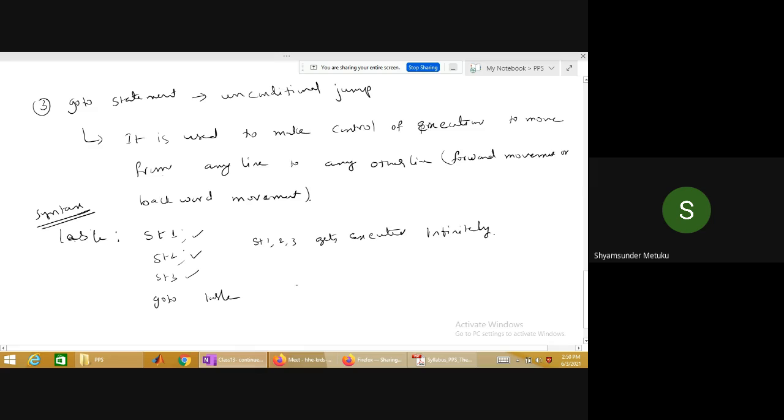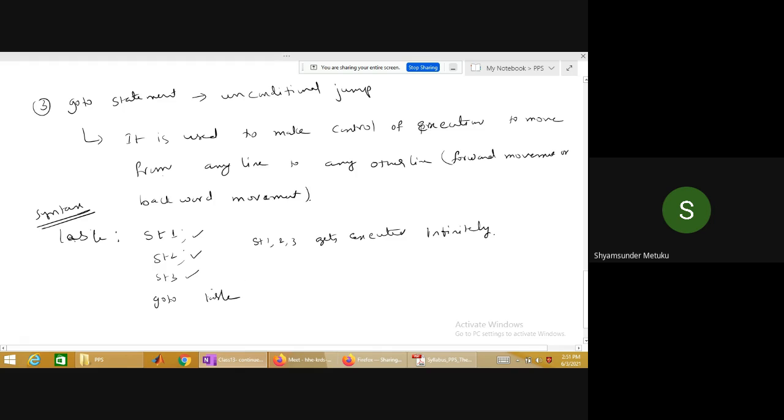So do you think using the go to statement this way is useful? Tell me. Do you want some statement to be executed infinitely or a finite number of times? Generally, from a programming point of view, finite times, right?